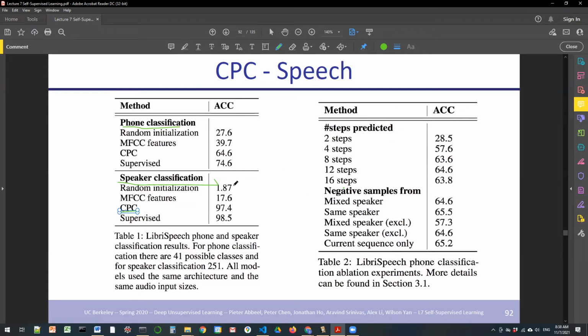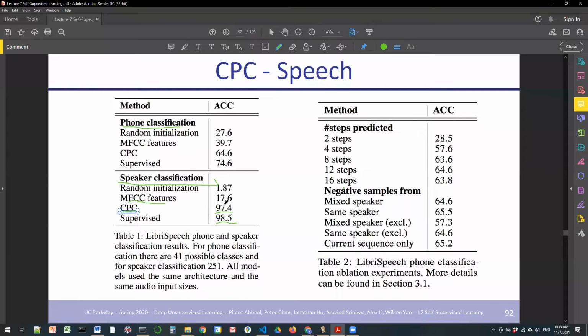And then we'll look at the right table next. But staring at the accuracy table, what you can see is the CPC method gets you very close to the supervised technique. And the MFCC features apparently are hand-coded features. So compared even to a hand-coded